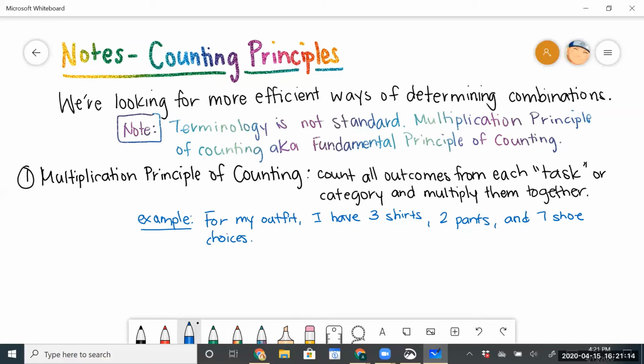All right. If these are the options that I have at home for picking out my outfit, a question I might have is, let's say I didn't want to wear the same combination every time, how many outfit combos are possible? Now, these options aren't incredibly large. Not any single one of these numbers is particularly big, but having 7 shoes might still be kind of a pain to draw in a tree diagram. So instead, let's use our multiplication principle.